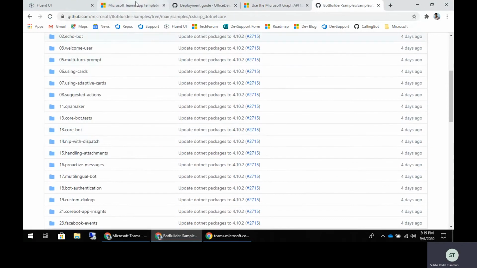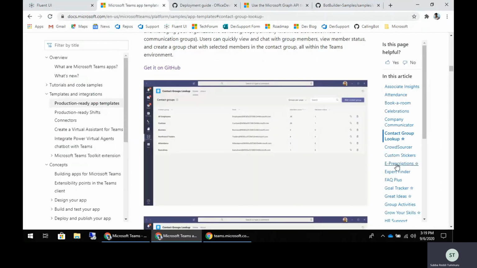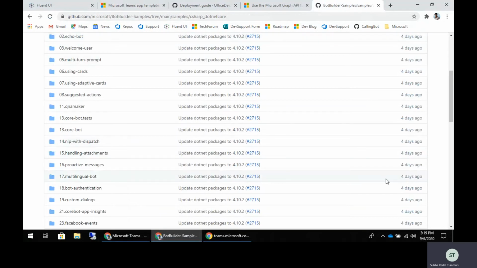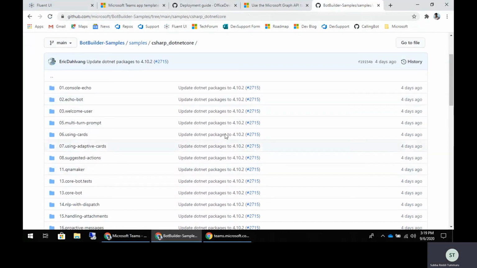And there are some concepts in Microsoft Teams. You can also do some bot functionality. In bot functionality, there will be user frequently asked questions. The user will ask some question, and the bot will react with the answer. And sometimes the user will not interact with the bot, but it needs to send some proactive messages. All that type of code or actions you can find in these Bot Builder samples in C# .NET Core. Here it is having